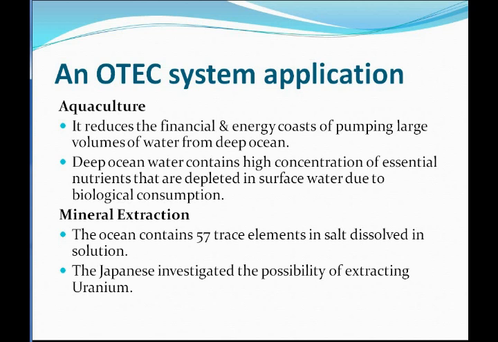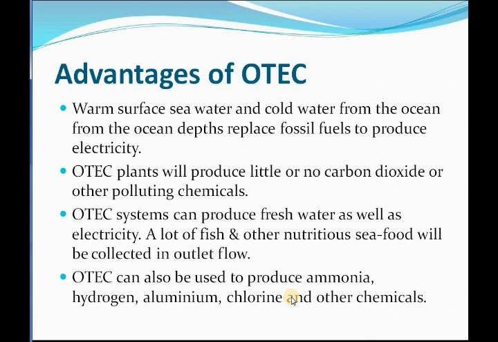Okay, and mineral extraction also takes place, where you can extract almost 57 trace elements dissolved in the solution. And the Japanese are further investigating the extraction of uranium from the sea due to